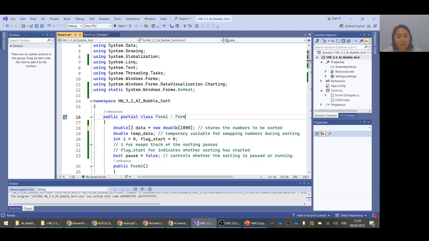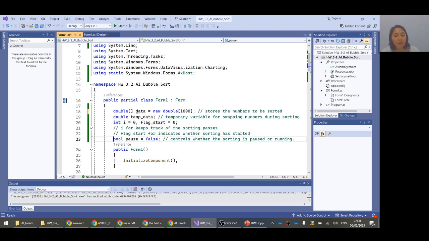There is a variable data that stores the numbers to be sorted, and then the variable temp_data. This is a temporary variable for swapping numbers during sorting. These two variables have the data type double, and for this line, there are variables i and flag_start with the data type integer. i keeps track of the sorting phases, and flag_start indicates whether sorting has started.